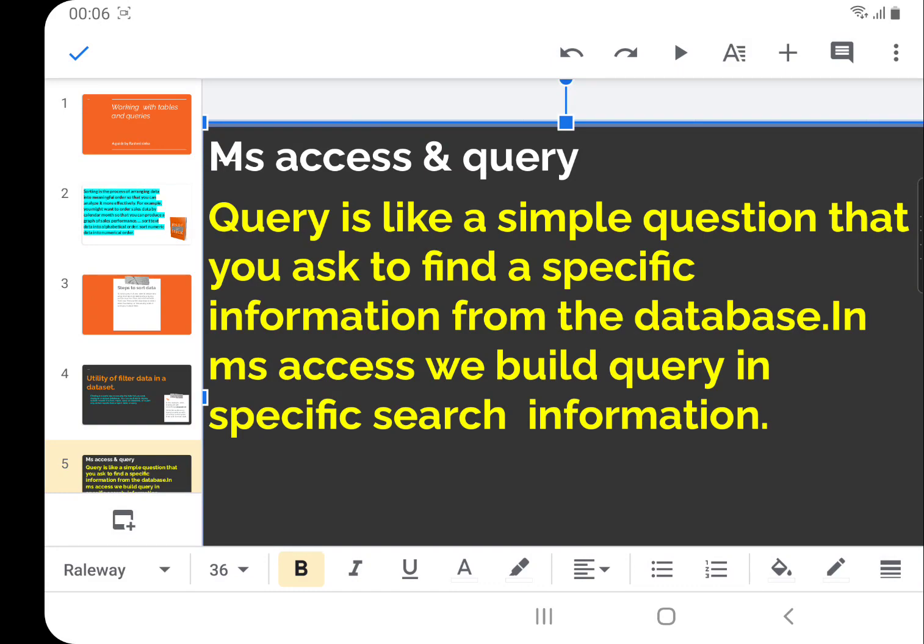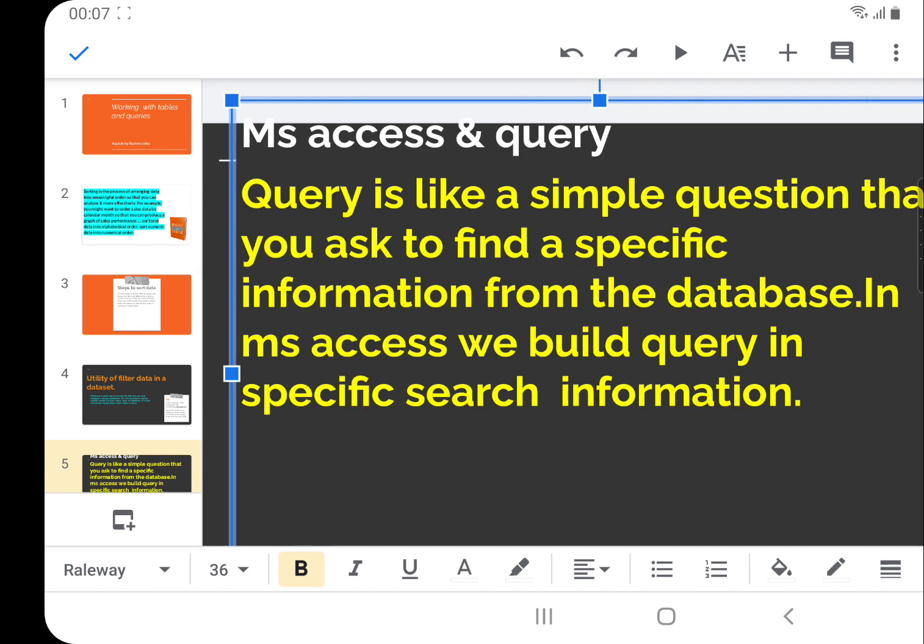In MS Access, we build queries to search for specific information. A query is a database object that helps a user to retrieve and view information from one or more database tables that meet specific conditions or criteria specified by the user.